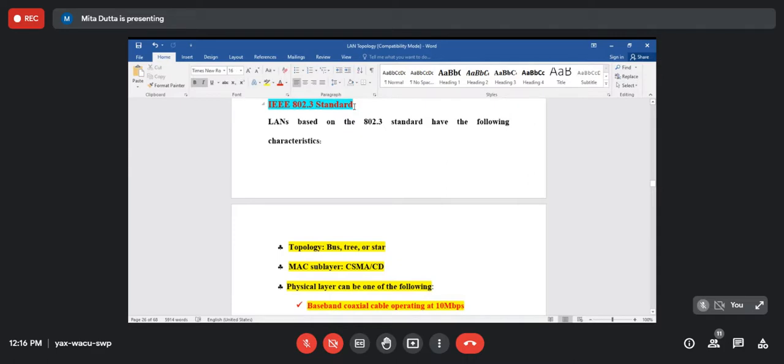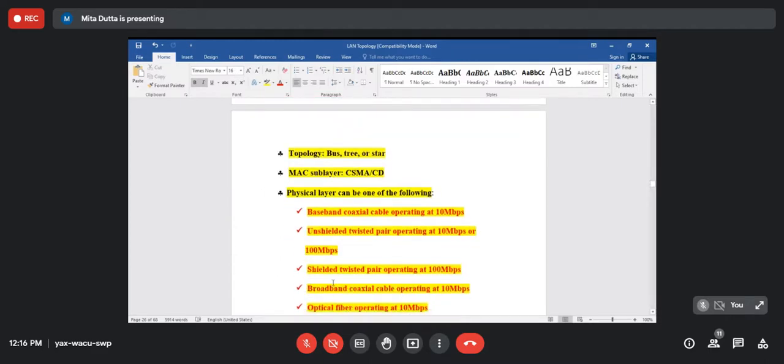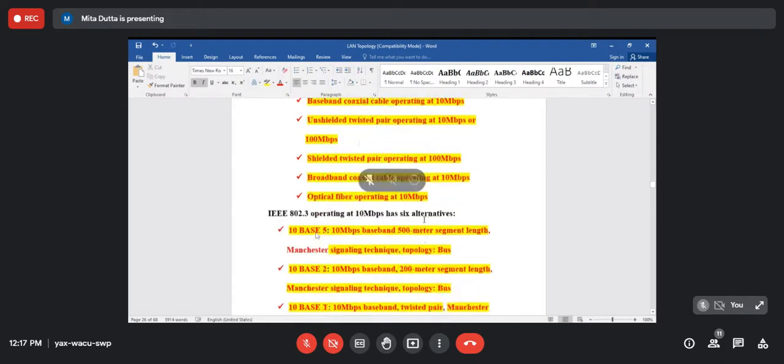Now if we want to install a LAN, if we are following 802.3, we have to maintain this. Just like for laboratory experiments, the experiments are carried out according to Indian standard specifications. Clear? Yes, ma'am. Now